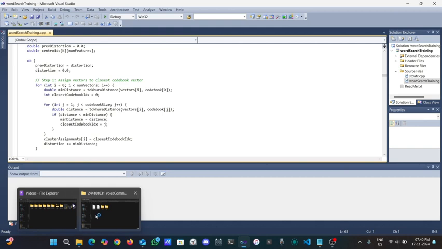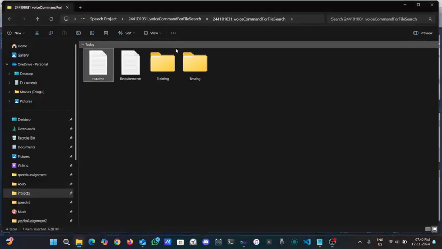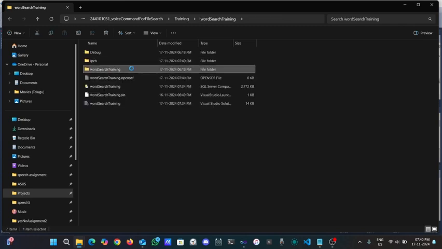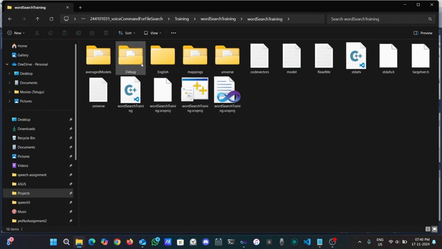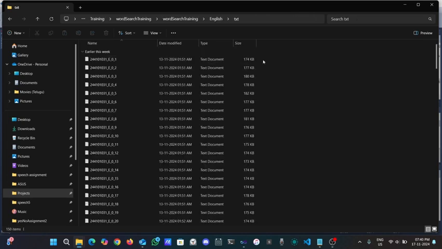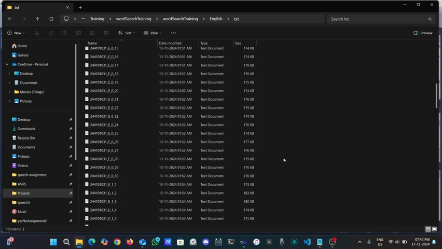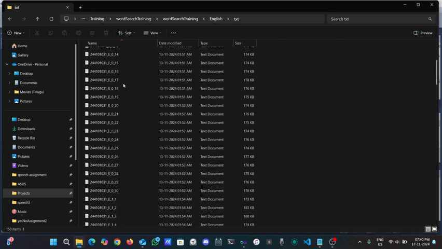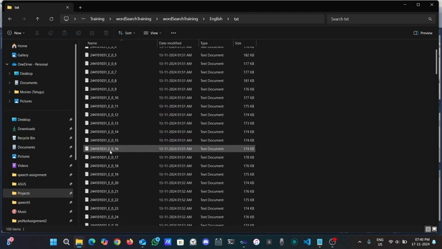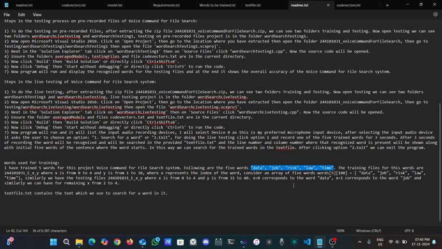So before building that, make sure you have these files. I'll make you see it. Before building it, make sure you have this model text file and also this English folder where you have all the training files of each word. Go to the text. You can see these are the training files, 150 training files, 30 training files for each word. You can see this E0, E0, E0. These are the training files for the word data,